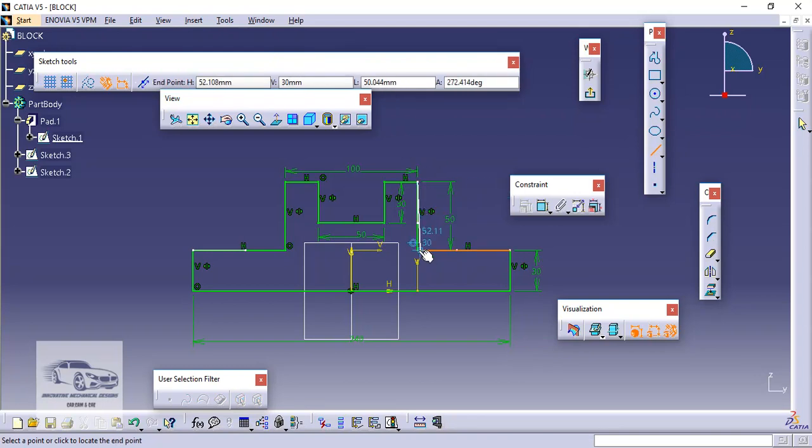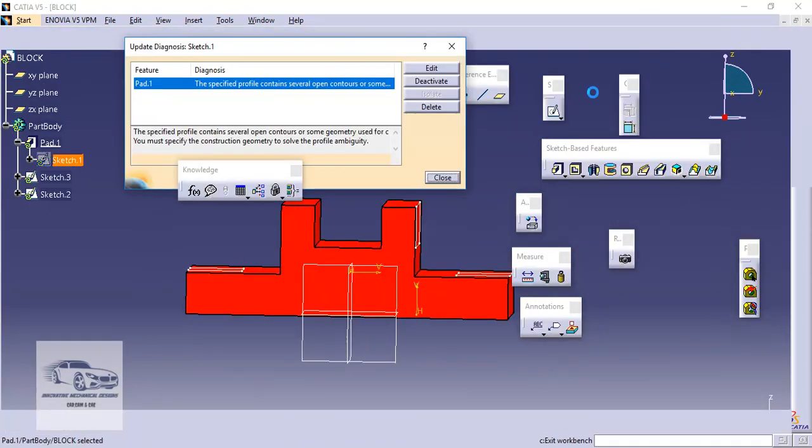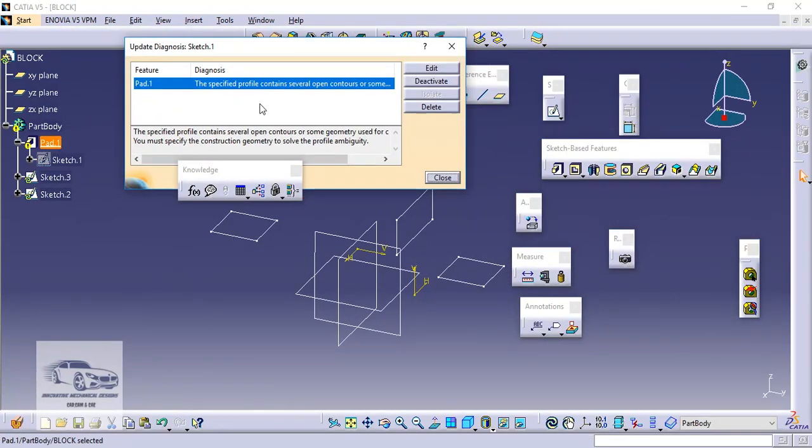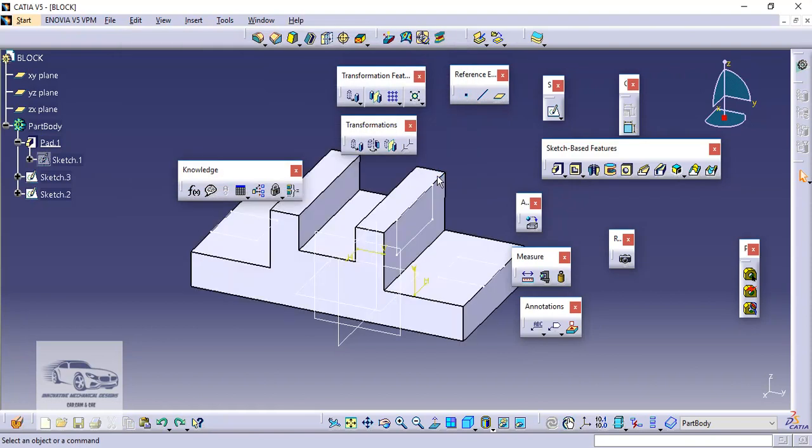In this condition, my sketch has become an intersecting loop sketch, meaning this line is interfering with this top line and this horizontal line. If I exit, I will get an error like this: the specified profile contains several open contours. Again, I will undo the changes.